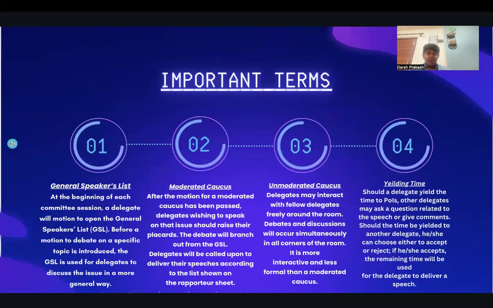Okay, so these are a few important terms, right? After the roll call is done, the executive board. Now the executive board are the judges who would be judging you, who would be giving you marks upon your speeches, upon your decorum, and on your behavior in the committee. So after the roll call is done, the executive board will say, the executive board is looking for a motion to establish the agenda. Are there any motions on the floor?